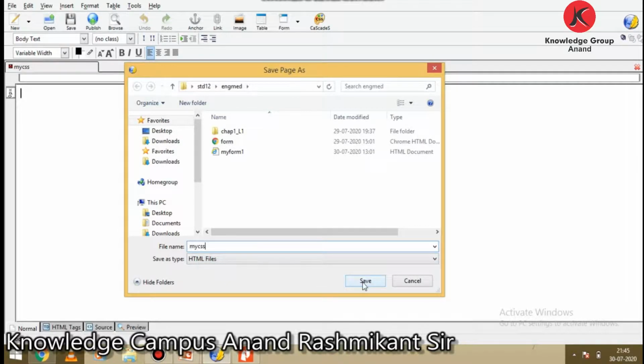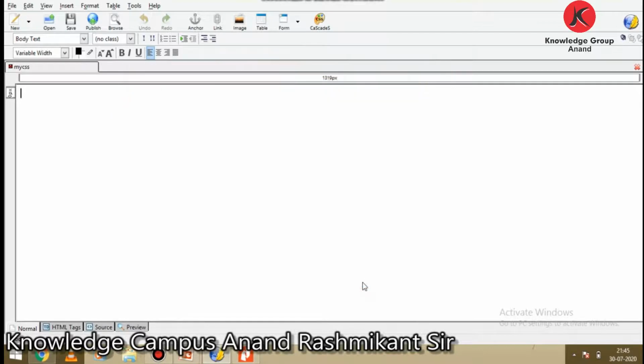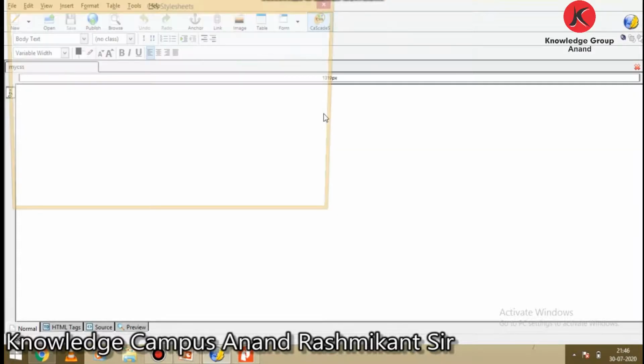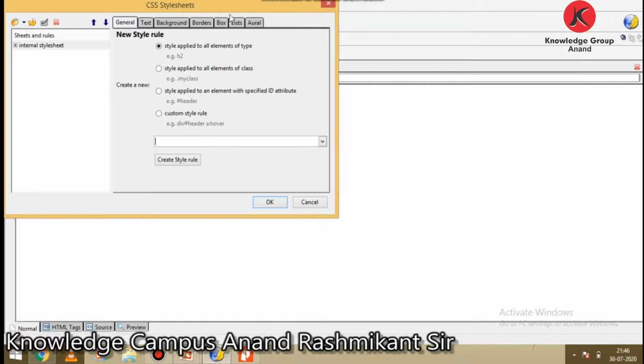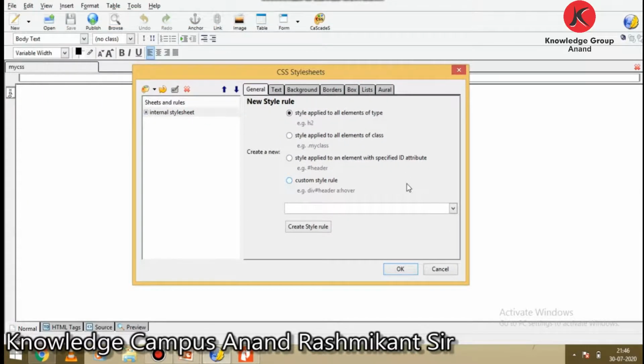Okay, so when you click on the save button, now in the composition toolbar select the cascade button. You can see here it is the composition toolbar and it is the cascade button. If the file is not saved, the page title dialog box will open. After giving the page title and saving the file, it will open the dialog box. So this will open the dialog box as shown, you can see. So when I click the CSS button, you can see it is the CSS style sheet dialog box.